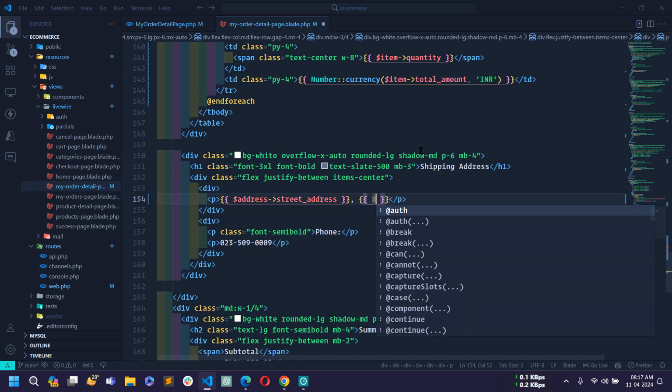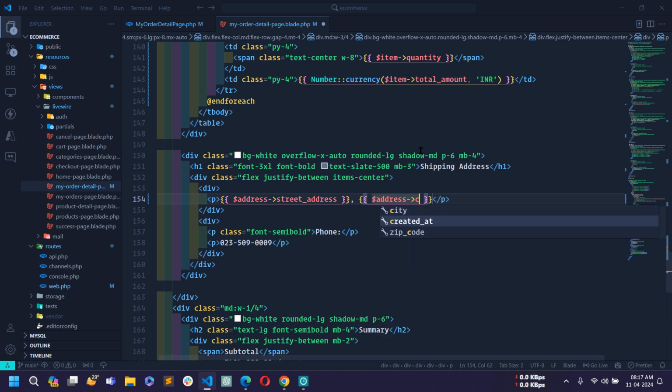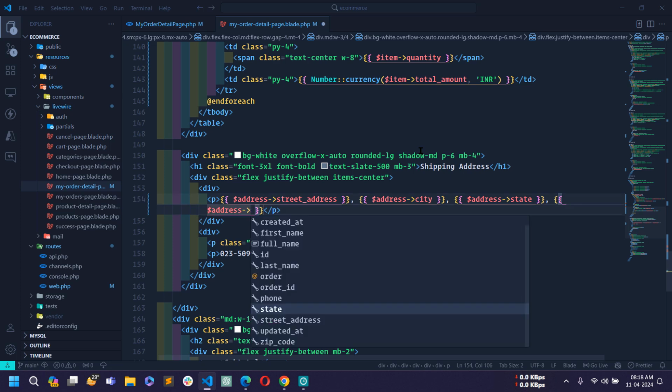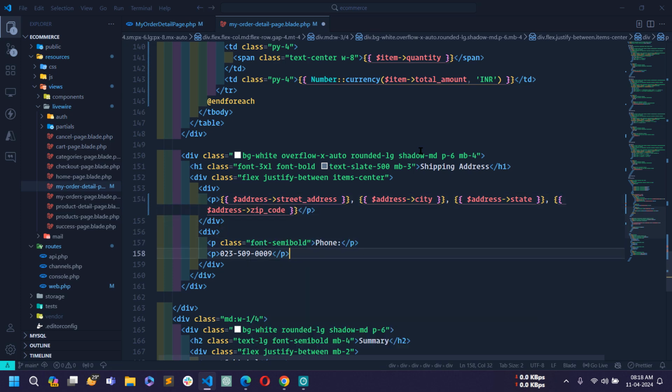So here I will write address city, and then I will display the state, and then I will display the zip code, address, and then zip code. Okay, here I will display the phone, so just remove this static phone number, and here I will write address